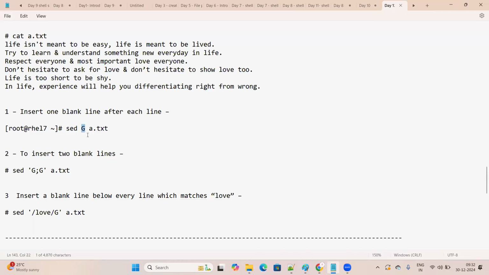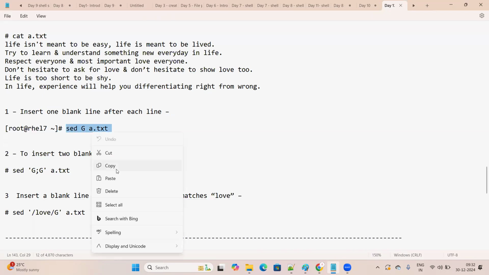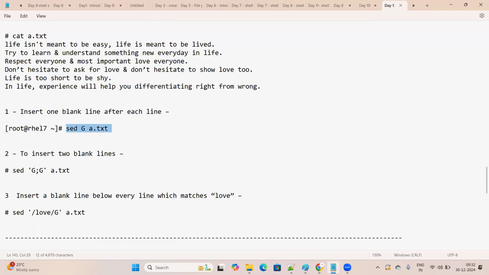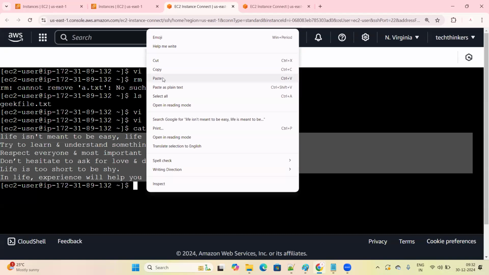What is the meaning of G? Suppose I give only capital G here. The meaning of this capital G is that I want to insert one blank line after each line. So if I run the command sed G a.txt, the meaning of this command is that I would like to insert a blank line